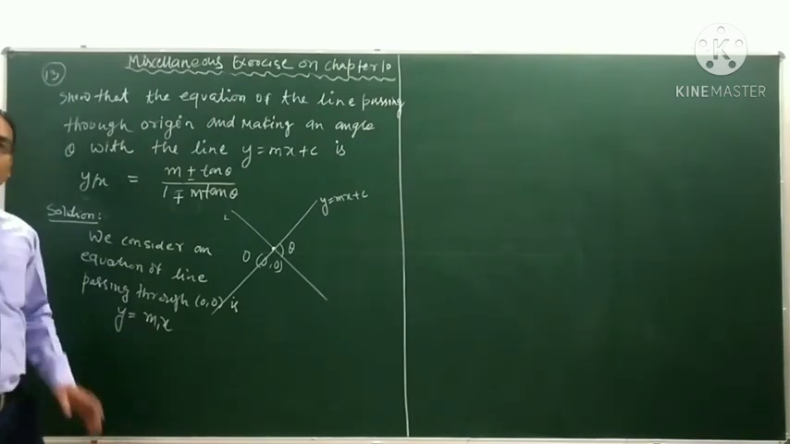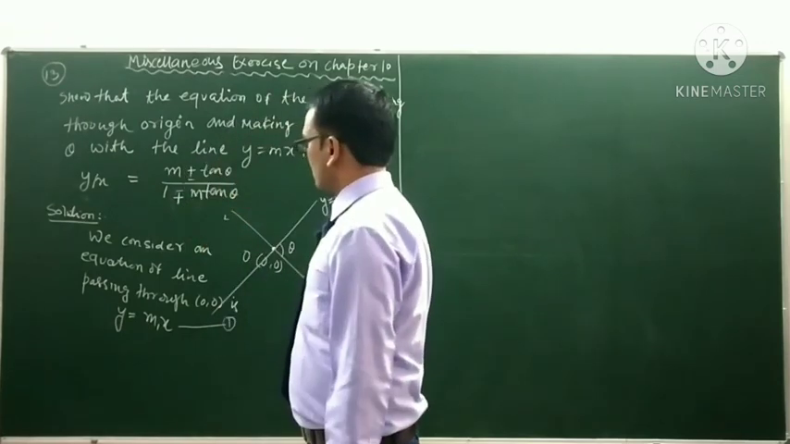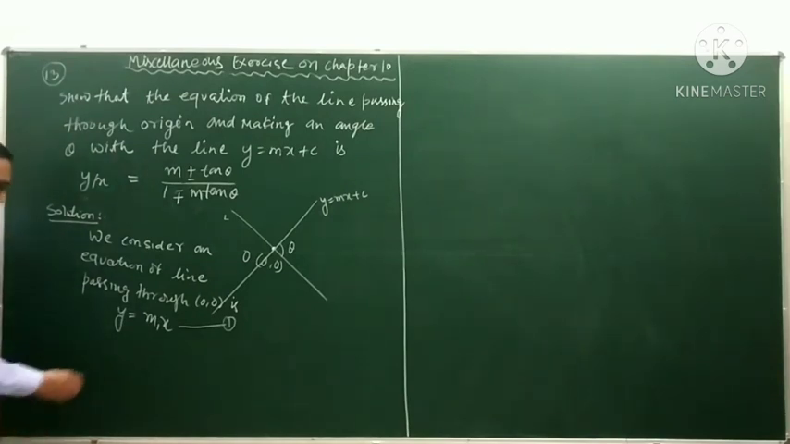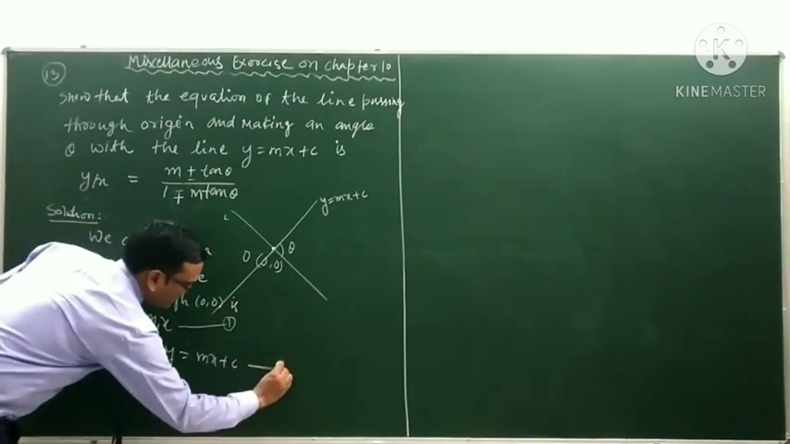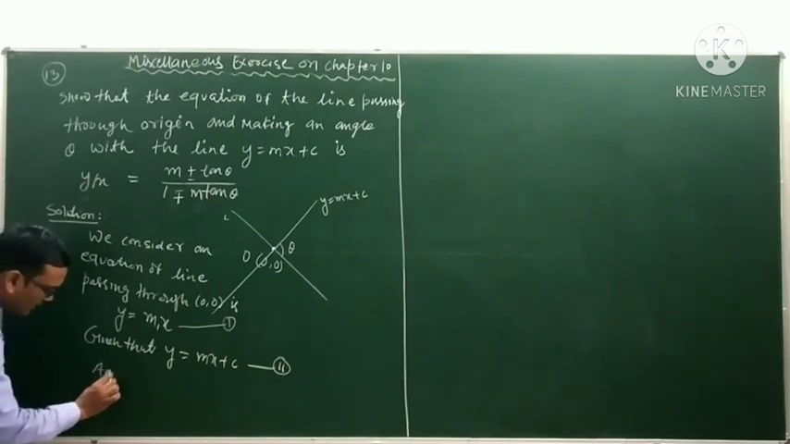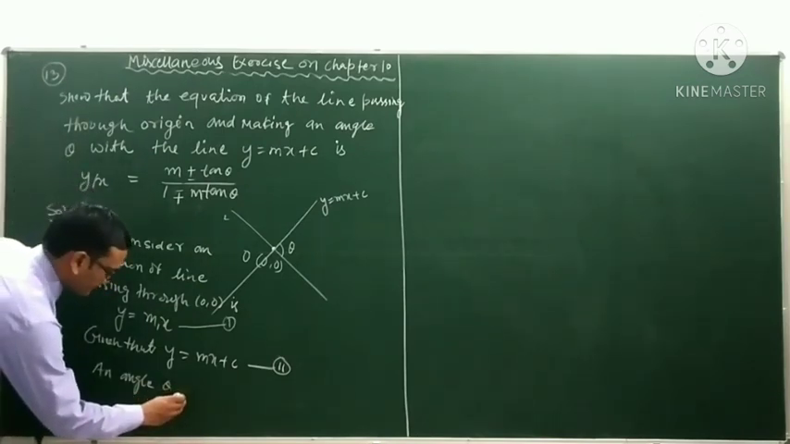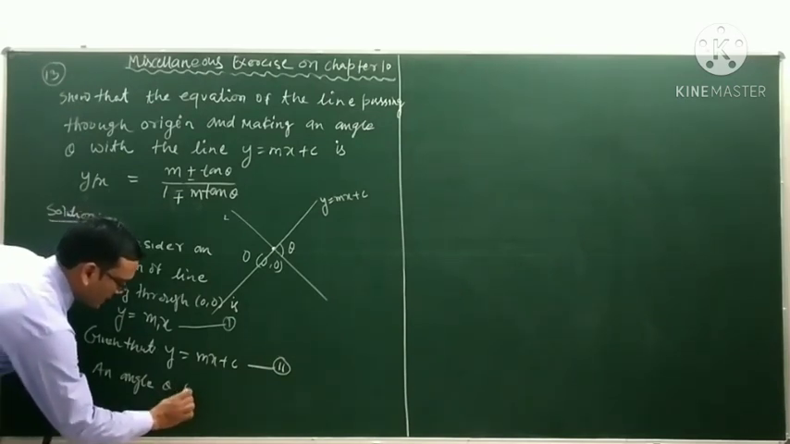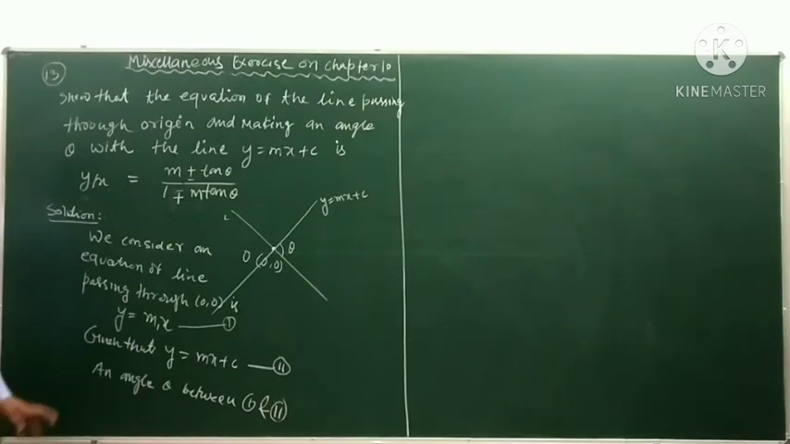Why, students? Because the line passes through the point (0, 0), which is denoted as 1, and given that y equal to mx plus c, which is denoted by 2, the angle between 1 and 2 is theta. Okay, students,